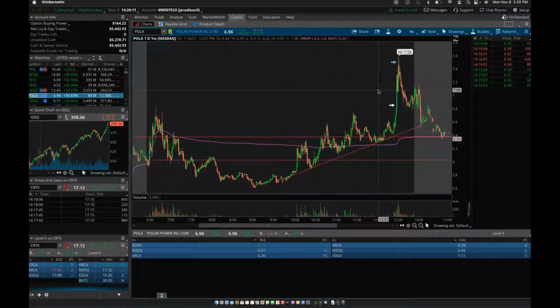Not that much size. Small wins. It's basically what it was today. It was just small wins. Besides PPSI, I did have bigger size, so I made like $76 on that. And then the last one